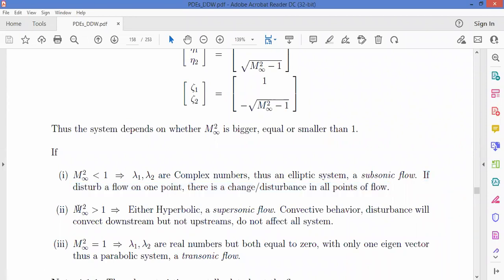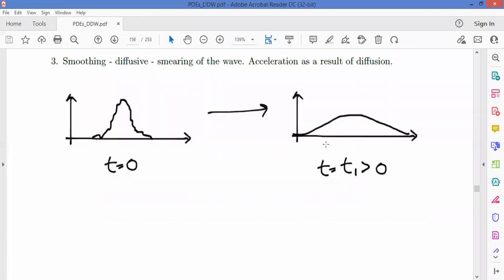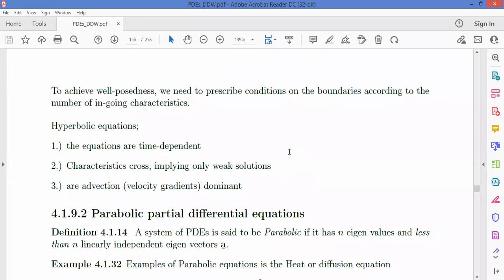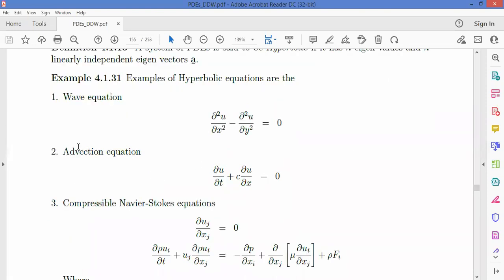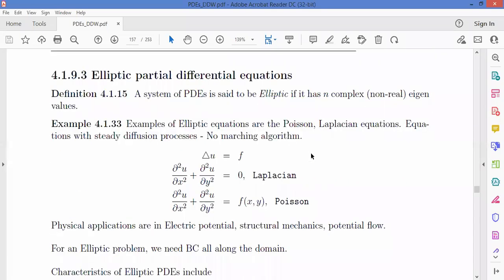And if m squared is greater than 1, then we are saying it is what we call a hyperbolic or supersonic flow. And remember, we talked of the convective kind of equation. This one lies under that behavior. If you remember when we talked of the types, this advection equation is directly associated with this supersonic flow